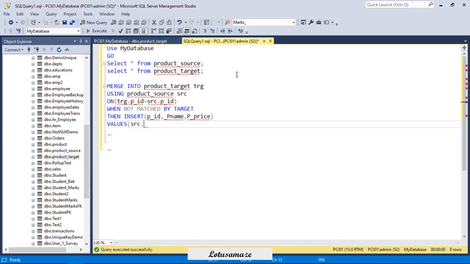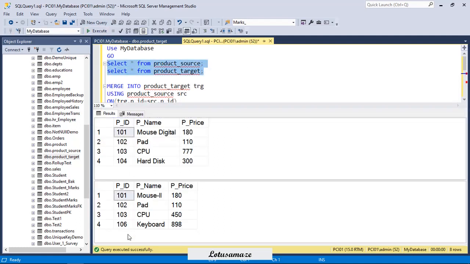src.pid comma, then src.pname, src.pprice. Now if we check again, 104 does not exist in the target table.